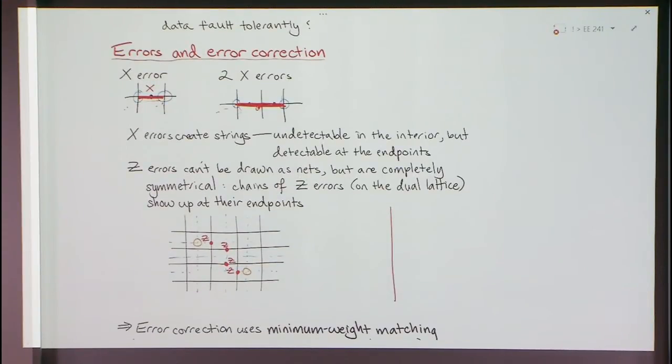Okay, right. So now we have errors, and the point really is just that errors correspond to strings that terminate instead of cycles. That's what X errors do, so you see them at their endpoints. Z errors,